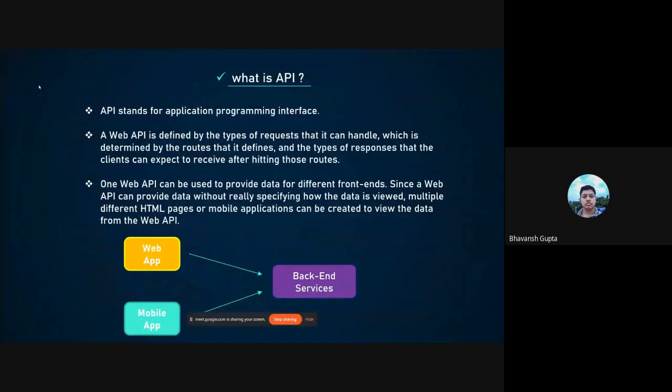Okay, so like I said, you need not get overwhelmed with what you just saw. It's very simple. You have certain requests which you send on certain routes, and you get particular responses for it. So in practical also, we'll go through it. Okay, so next slide, please.